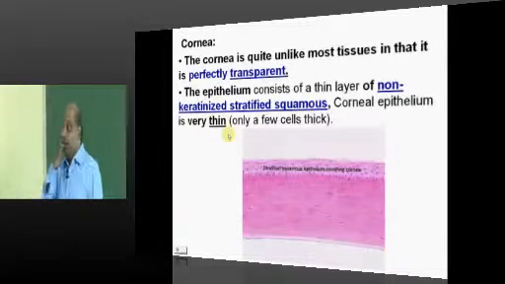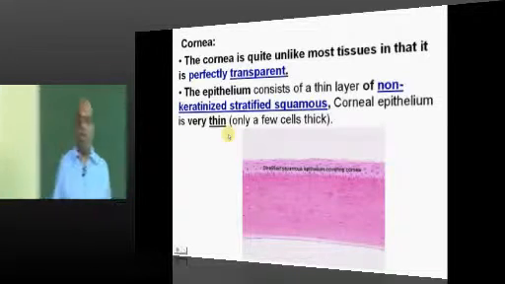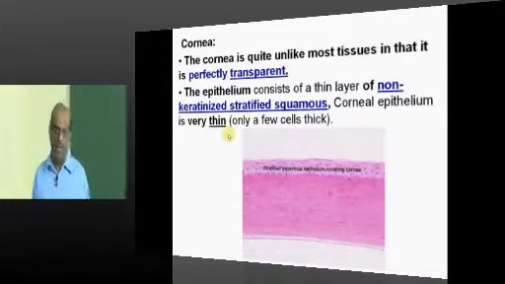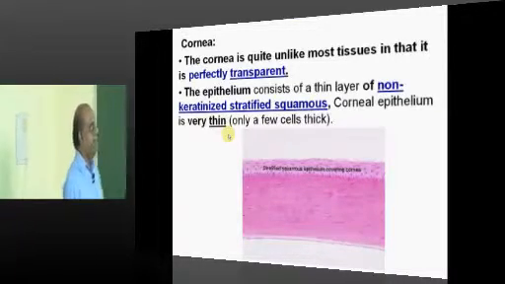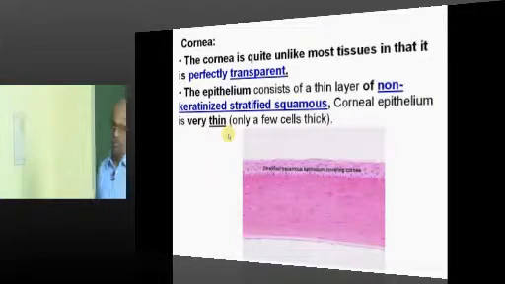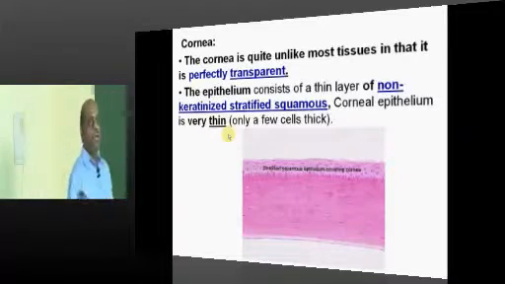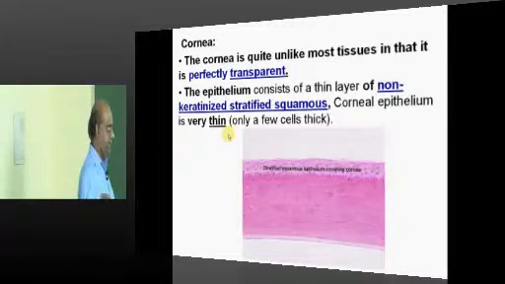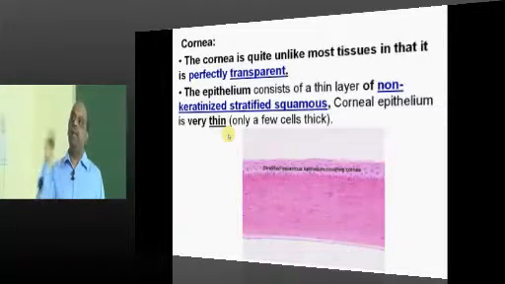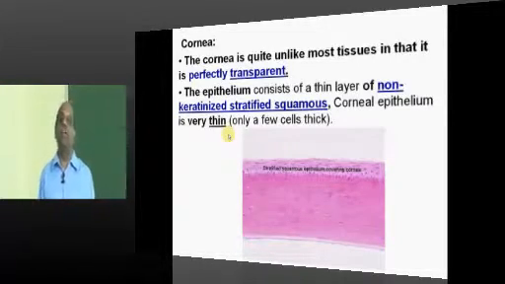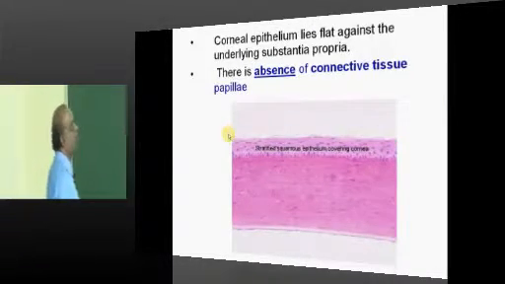Now, if you look at the cornea, cornea is a perfectly transparent structure, as all of you know very well. Common question in the NEET PG will be, what is the type of epithelium? What is your reflex answer, doctor, for that single liner? Non-keratinized stratified squamous epithelium. In the exam hall, if you think is it keratinized or not keratinized, we are already in soup. So, non-keratinized stratified squamous epithelium is what you need to remember.